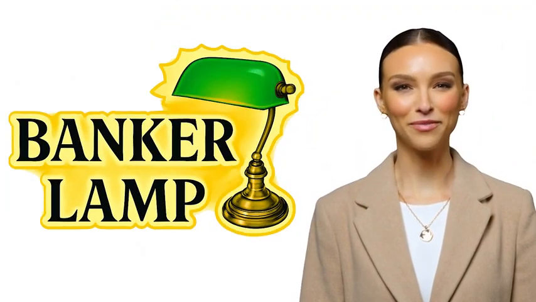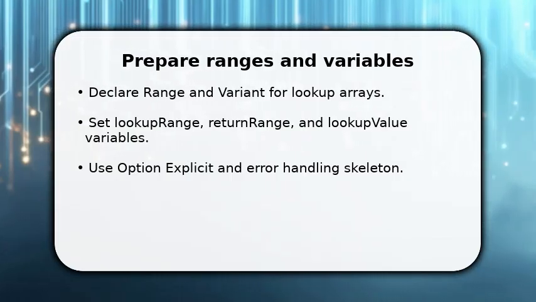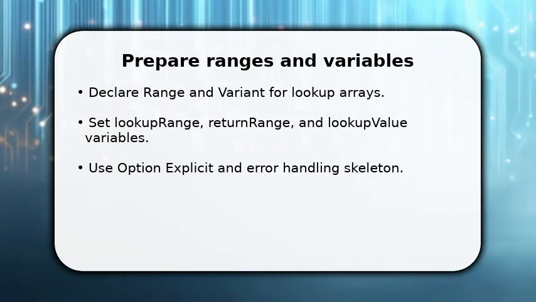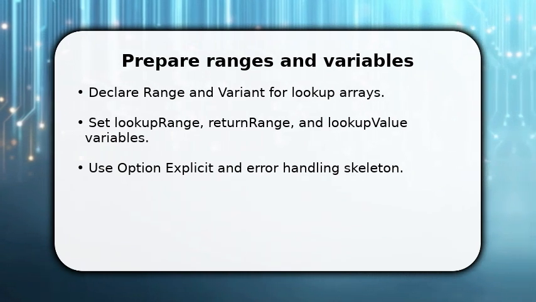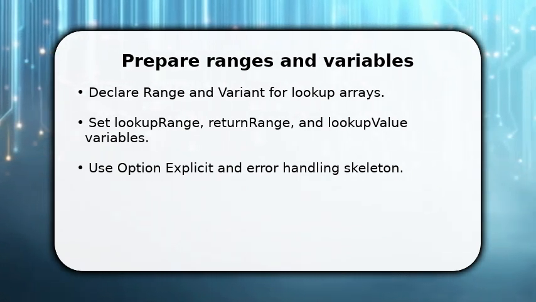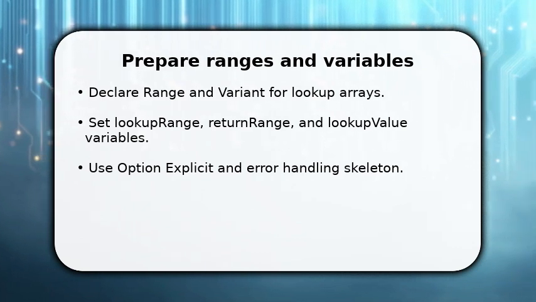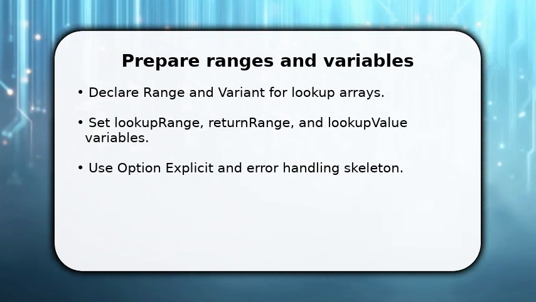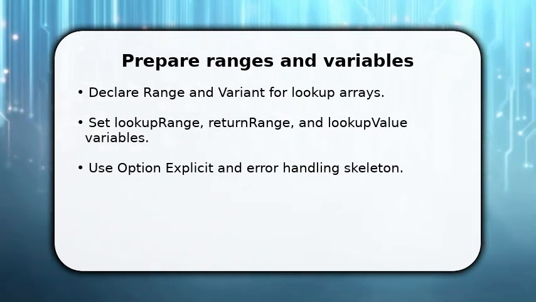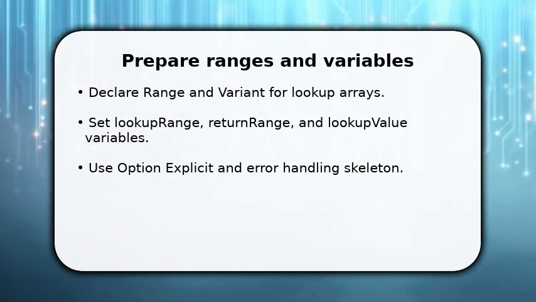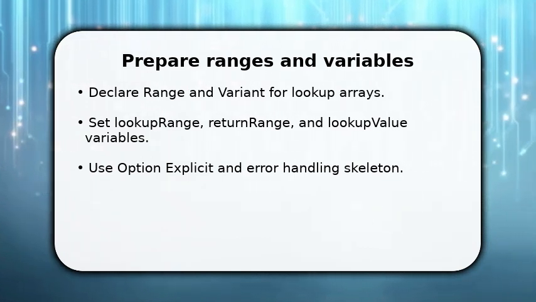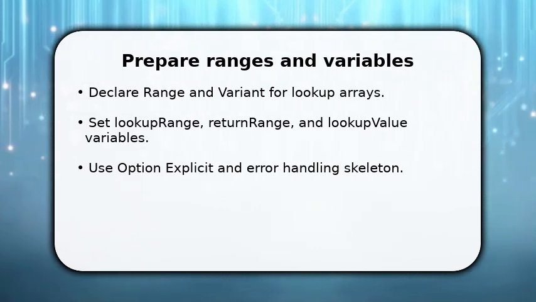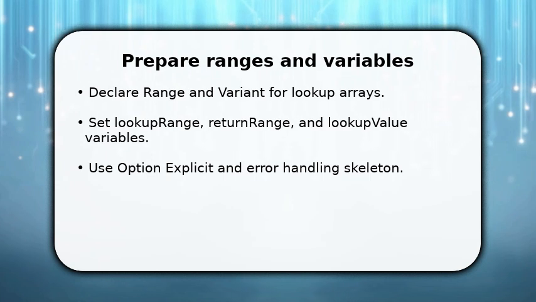Please enjoy the video. You start by preparing ranges and variables so the procedure runs reliably. Declare range objects for the lookup and return columns, plus a variant for the lookup value. This prevents type mismatches. Next, assign those ranges using Set and capture the lookup value from a cell or parameter. Once done, include basic error handling and Option Explicit at the top. This primes VBA to call WorksheetFunction INDEX and MATCH without runtime type surprises, and gets you straight into the